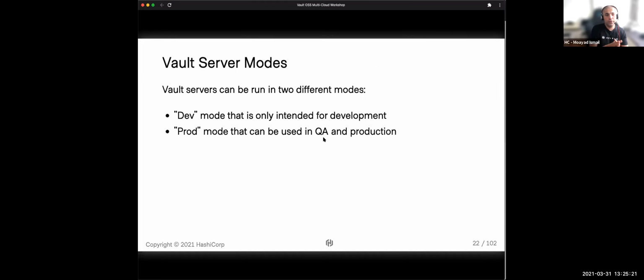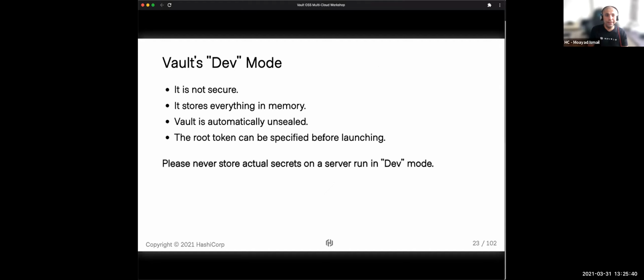This is really important to know. The Vault server can operate in two modes. One is dev mode and the other is production mode. Now, dev mode is intended purely for development, where you download it locally on your machine, you're doing some testing, proving out, testing the API and so on. Production is obviously for QA and production environments. Now, in dev mode, it is not secure, all right? It's set up to just be stood up really quickly for you to test the APIs and some of the features, right?